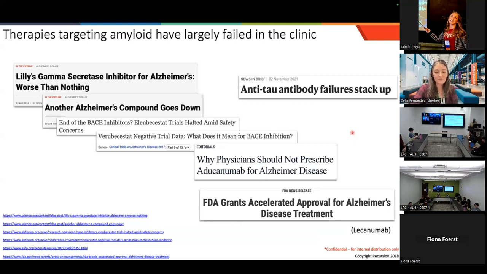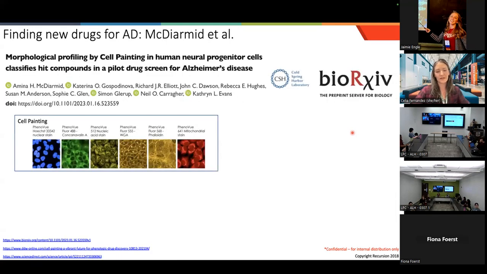So there's a couple of reasons that you could think of that could explain why these aren't working. People for a long time thought, oh, maybe we're just not identifying the correct patient population. Maybe we're dosing patients with these drugs after the amyloid beta has already killed all of the neurons. And so there's some thought, like if you can catch patients earlier, maybe the therapies will be more effective. But maybe also targeting amyloid is not the way to go to treat Alzheimer's disease.